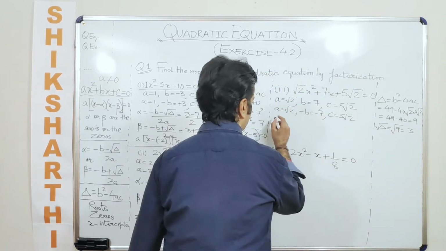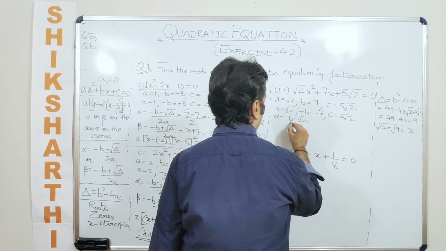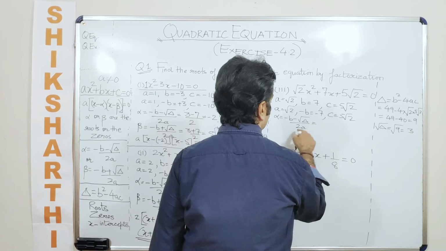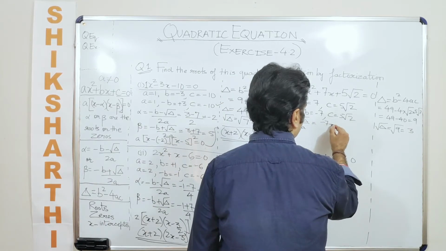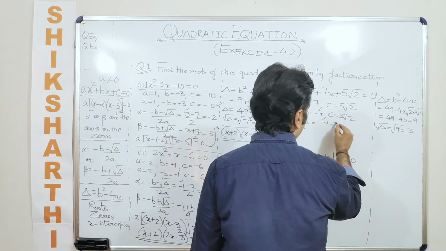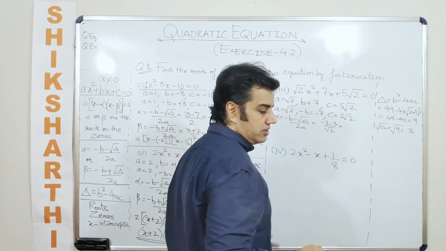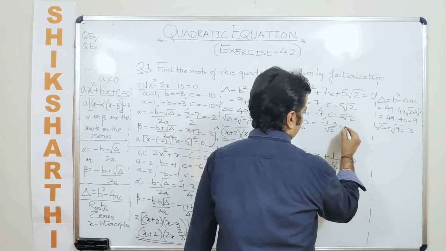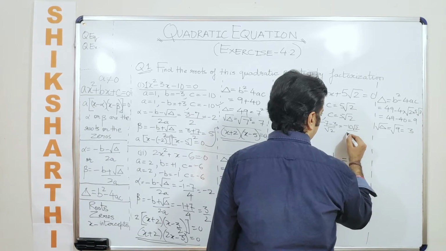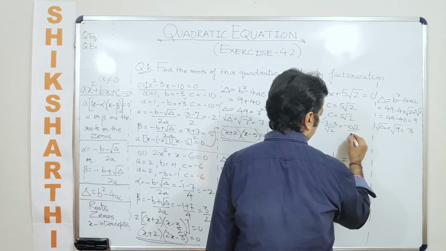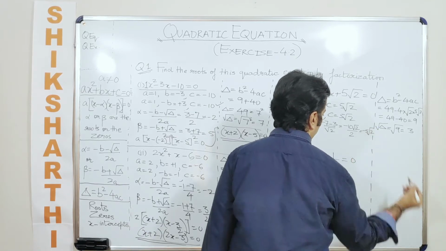Okay, now we can use this value. We know that the value of alpha here is minus b minus root delta upon 2a. Now in this case, what is the value of minus b? Minus 7 minus root delta, which is 3, divided by root 2. Then you can rationalize the denominator. So this comes out to be minus 10. I multiply the numerator and denominator both by root 2. So in that case root 2 into root 2 becomes 2, and this becomes minus 5 root 2.